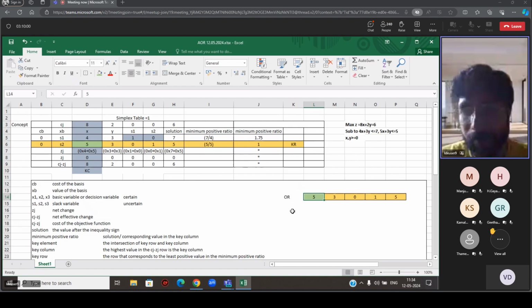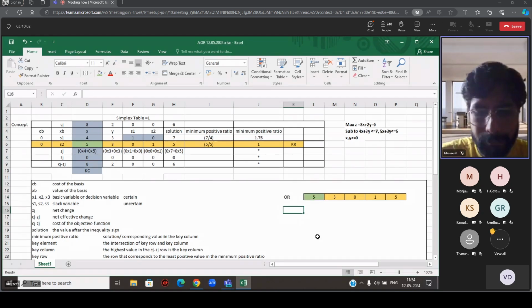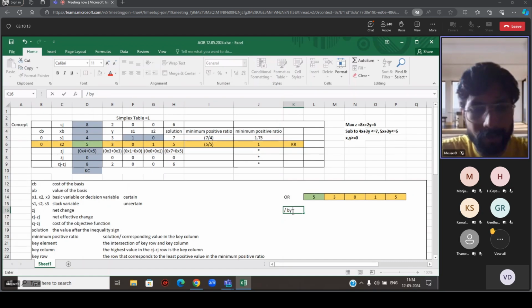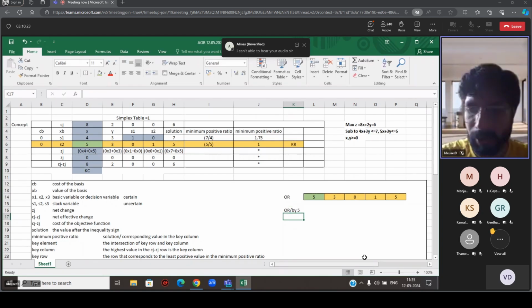Okay. So what I'm going to do is divide. I am going to divide by 5. Which one am I going to divide? OR, the old row. I am going to divide by 5. So how do I do that? Very simple. 5 divided by 5. The next one,